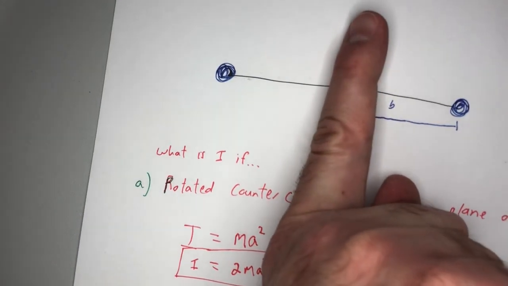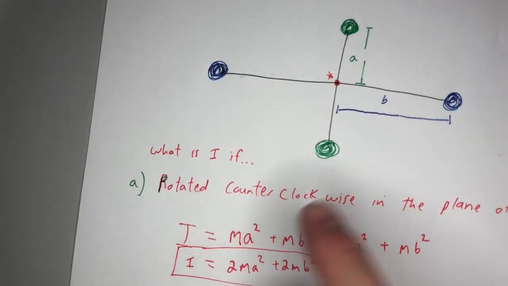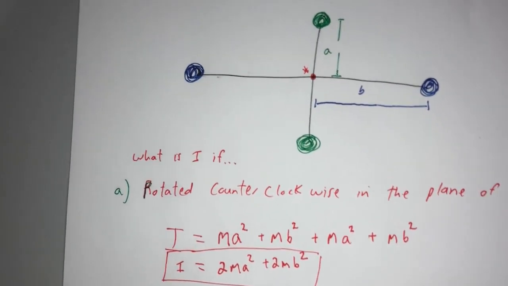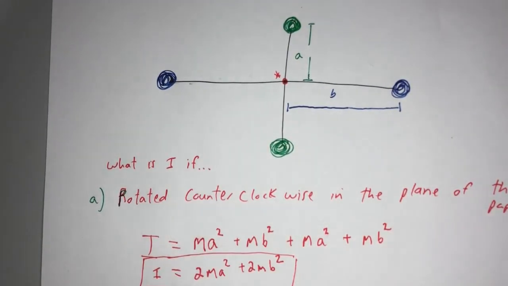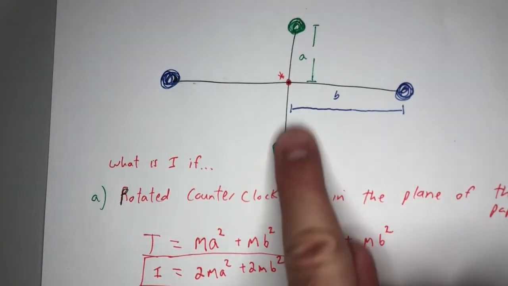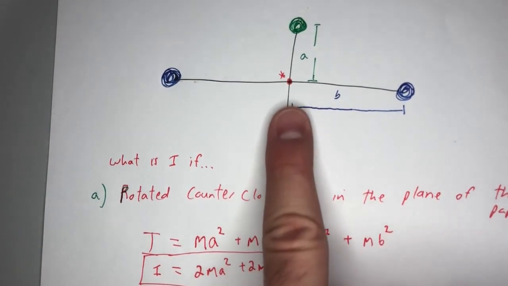If you fix this axis right here, you say it can only rotate freely in and out of the paper. Just like having less mass in your system when we're talking about forces, now you have a smaller moment of inertia, because those green masses are fixed right there. You're essentially at r equals 0, so you're not planning on moving them in this situation.